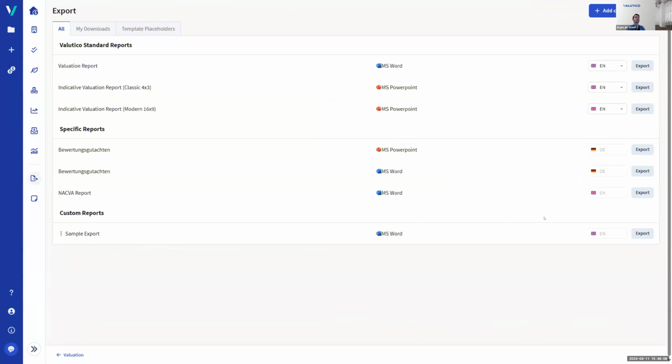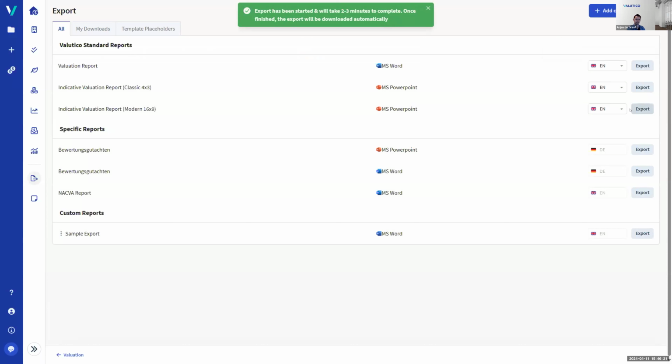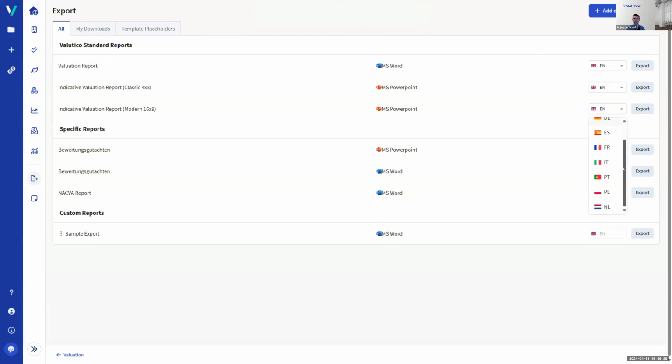The final step within Valutico is typically the export, where you can choose to generate a valuation report in Word, a valuation report in PowerPoint, where we offer both our classic 4x3 example or a more modernized 16x9. And I actually want to show you this one real quick as well. So if you click on export, it will take a moment to generate the export. And as you can already see here, we support multiple languages like German, Spanish, French, Italian, Portuguese, Polish, and Dutch